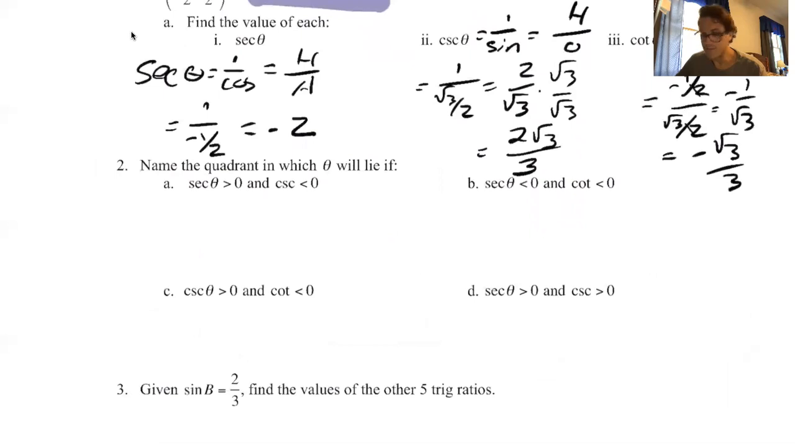And we can do the same thing for any of the types of problems we've seen throughout this lesson here, right? So we want to name the quadrant in which theta will lie. If it says secant is greater than 0, that means it's positive, and cosecant of theta is less than 0, that's negative. Well, if we want to figure out what quadrant that's going to be, we need to know what regular function these are going to be